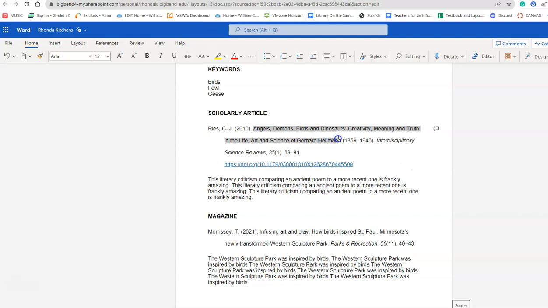In the title, nothing is capitalized except the first word, a word that follows a colon, or a proper noun or noun phrase. Here, that means angels is capitalized, but these words are not, so you will need to change them. When you're after the colon, that is capitalized. These are not. They're not proper nouns or proper noun phrases, and they're not following the colon, and they're not the first word. So